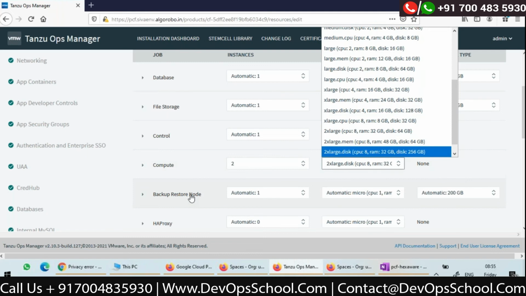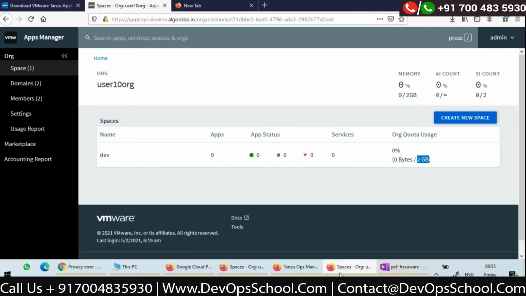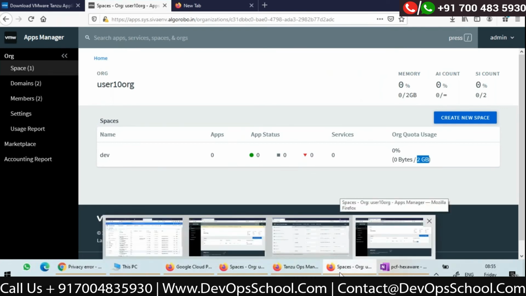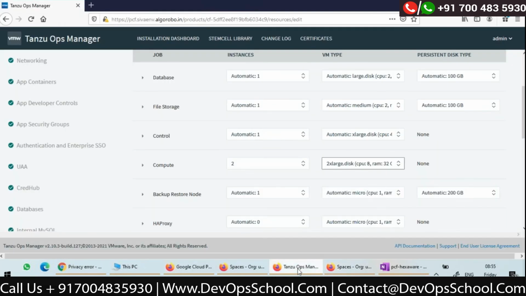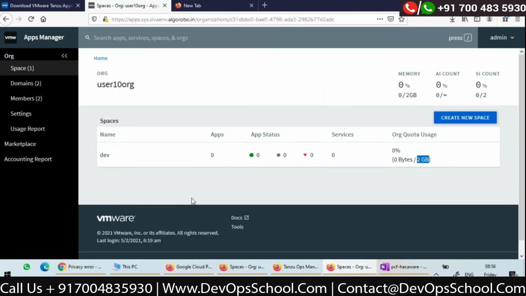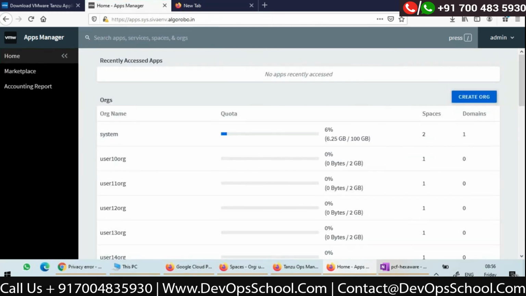What is the total capacity of my 2 cells? 64 GB, right? And how many organizations did I create? 22, and each has 2 GB, so 44 GB. I have a total capacity of 64 GB. So basically, you have to do some capacity planning. If you are an administrator, you have to do capacity planning. You should decide how many cells you want, what the maximum capacity is, etc. So I have done all this. I have created users as an administrator. Any doubts? Yeah, sure.